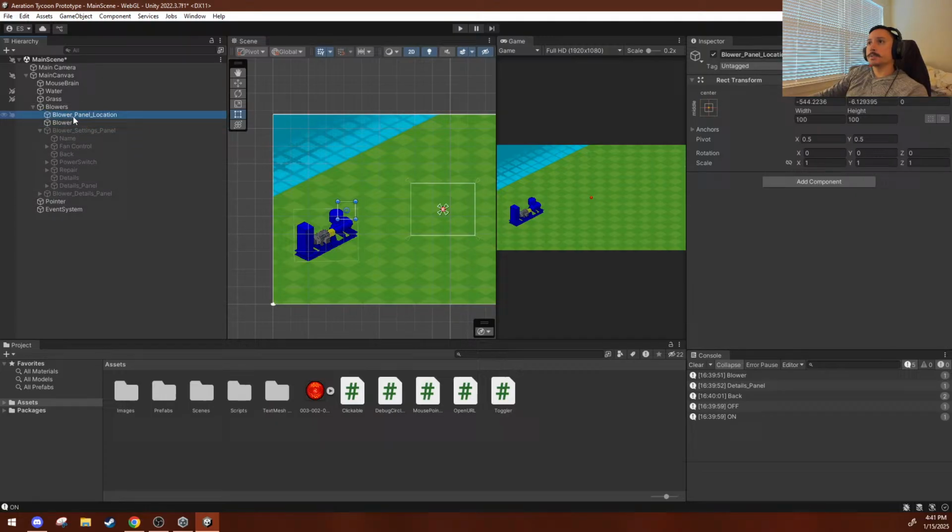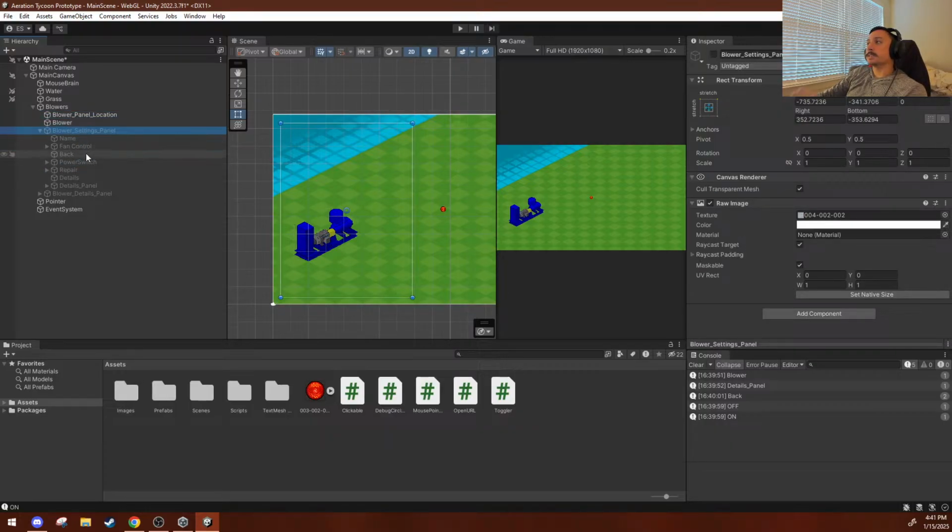So my plan right now is to do something that's going to help with the efficiency of the game, so that the panels are only instantiated once, and then whenever you hit the X button, it actually deletes the panel, so that it's not in memory while the game is running, so that there's not a ton of panels just hidden in the background. Instead of having panels hidden in the background, I'll instantiate them whenever I click on the blower, or on literally any UI item that is